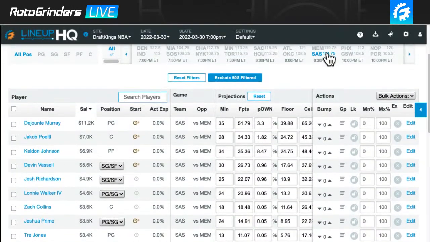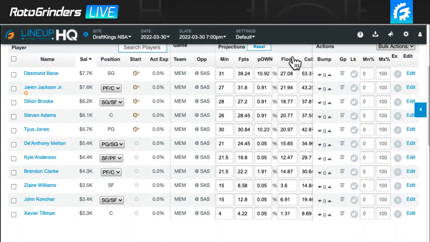I think any slate you can play DeJounte Murray, but I don't know if this is a slate that I would play him. I don't like this game, and it's weird not liking this game. The total on this game, the environment of this game is juicy, but you could play Desmond Bane, you could play DeJounte Murray if you want to go like a 1v1 run back situation, but the pricing is right. There's not a ton of value in this game. So for me,